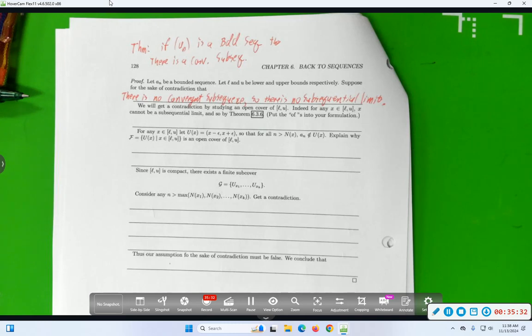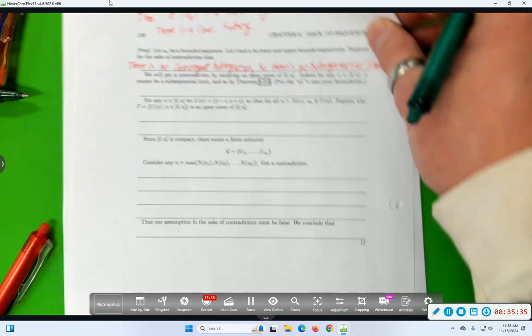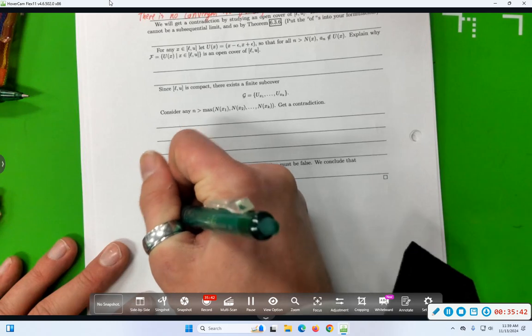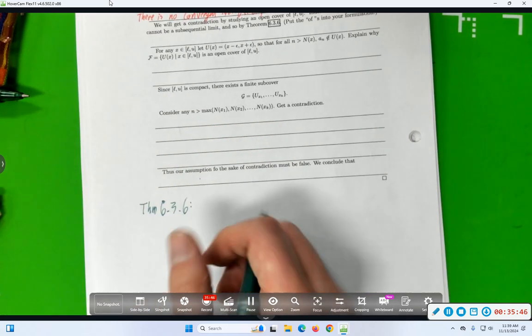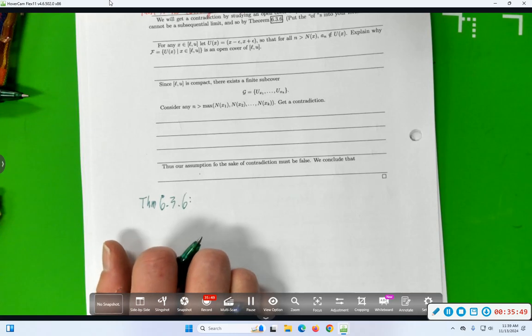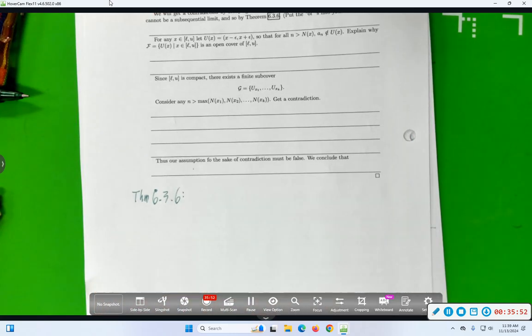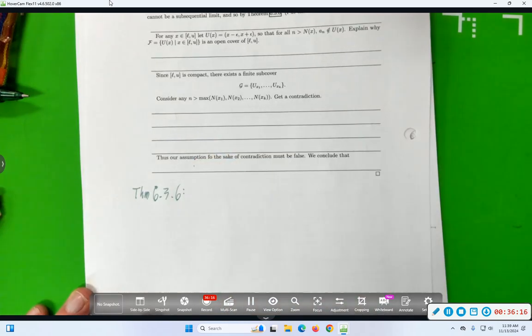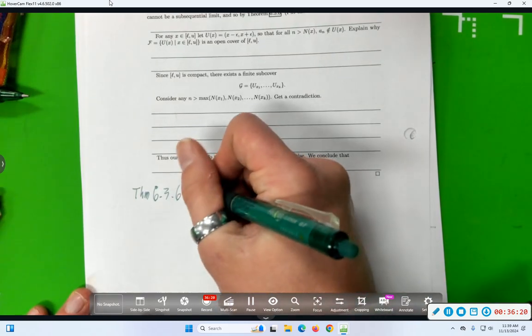I stated that theorem but didn't prove it because I wanted to use it for something. So, bottom of the page, let's remind ourselves of theorem 6.3.6. Remind me, what does that theorem say? Let A and B be sequences, and little a, b in real numbers. A is a subsequential limit of A of n